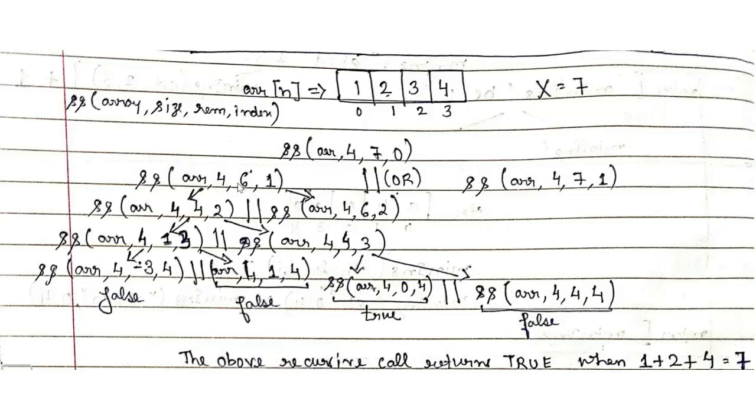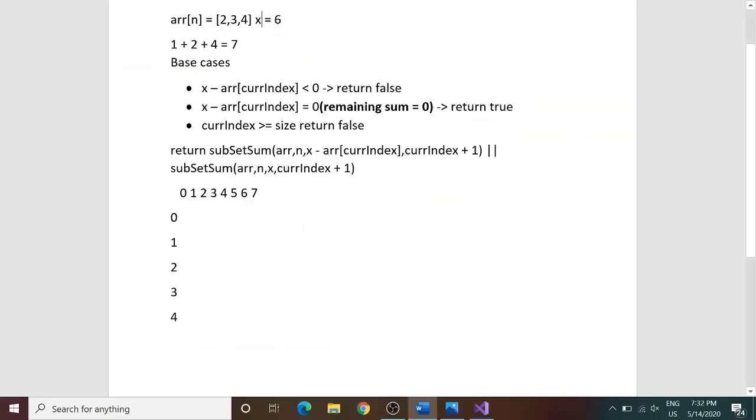If I make use of the element present at index 1, which is 2, what would I be left with? I would be left with a sum of 4. Then I have to make a choice again. Do I add the element present at index 2 or do I not? Suppose I do not add it. So what am I left with again? Then I am left with the element 4 over here, because what is present at index 3? It is 4.